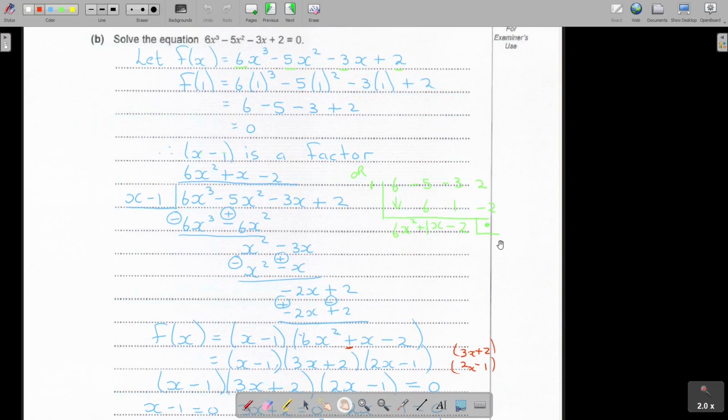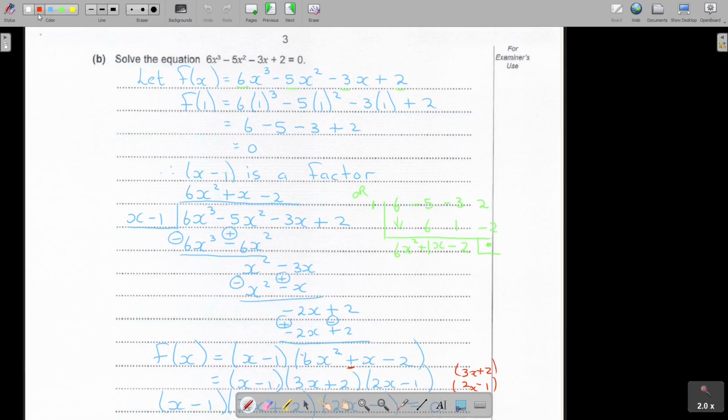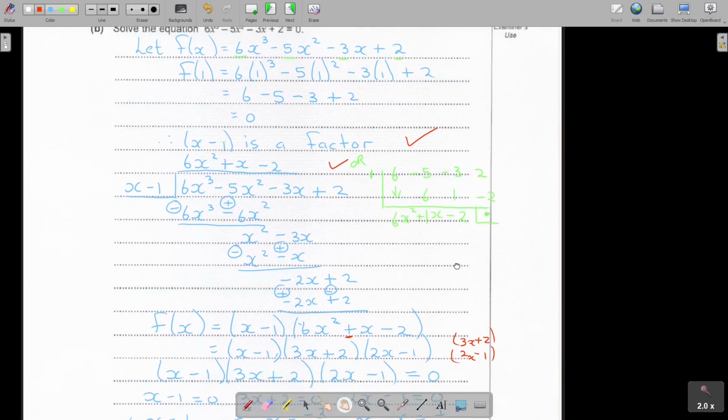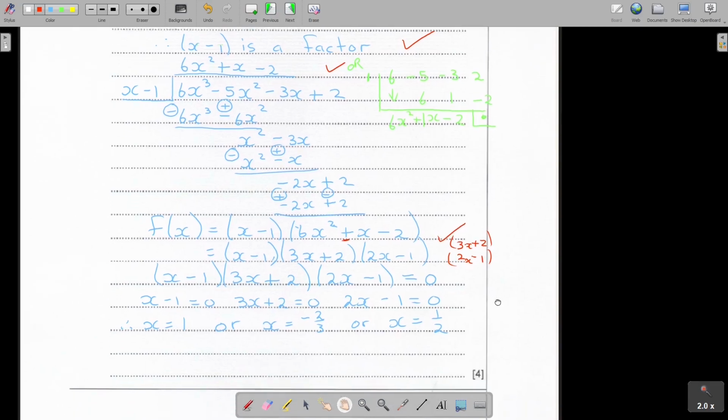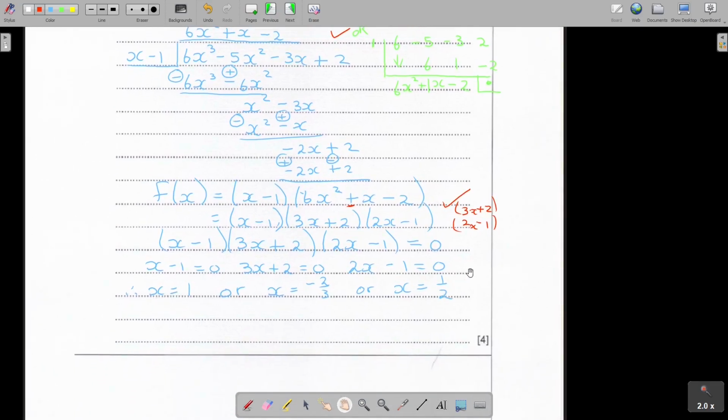Okay, so for this one, if you got that first factor, they will give you a mark. If you come to the quadratic part, yes, they will give you a mark. If you come to the 3 factors, where you break it up, they will give you a mark. And then if you got all three final answers, you will get a mark, and that will add up to 4. Very easy, very nice question to start with in this question paper.